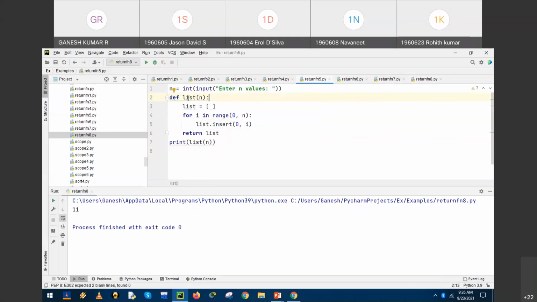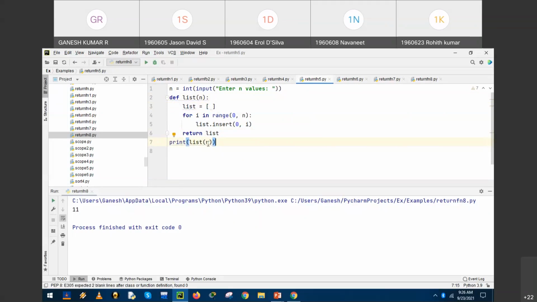The function is defined with the name list n. An empty list is defined, created. For i in range(0, n), list.insert, return list. This is a second return variant, which is extended with an expression, return list.